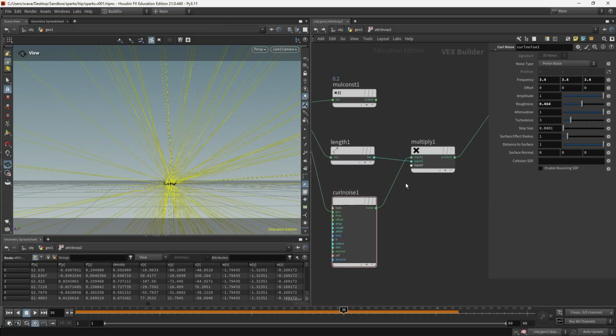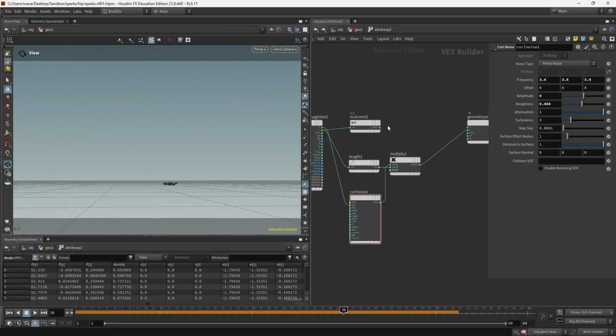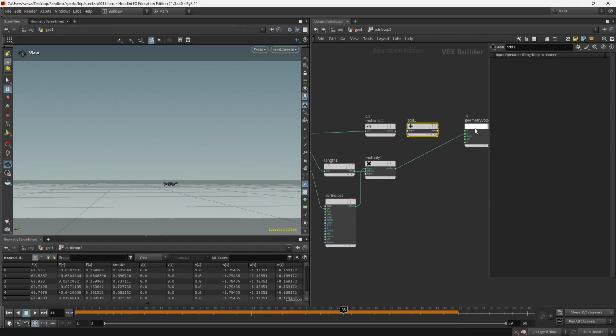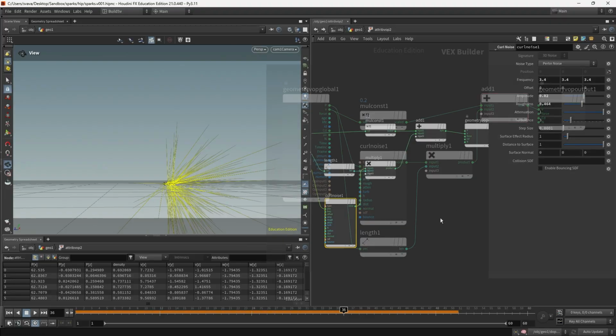The reason why I do this is because if the box is moving fast, I want the sparks to go far, and if it's going slow, I want the sparks to go a short distance. So I'm going to take the amplitude down. Let's just take it temporarily to 0. And now let's add the original velocity that is scaled down to the curl noise. So I'm going to put down an add. Connect both and plug it into the output velocity. And then back in my curl noise, I'm just going to increase the value a little bit so we can have something like this.